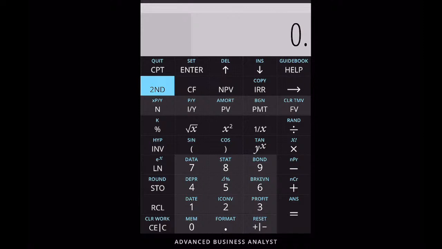So if you have things in the, let's put them back in. So let me do this again. 9, store 1, 11, store 2, 9 divided by 11, store 3,